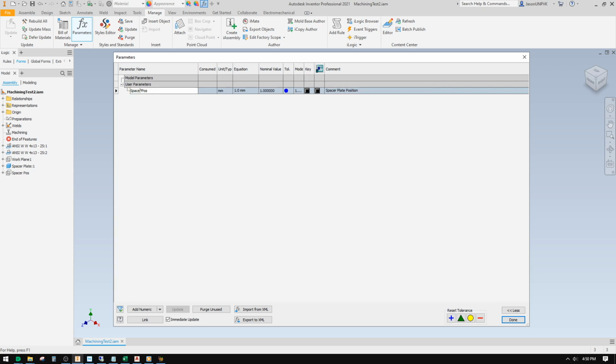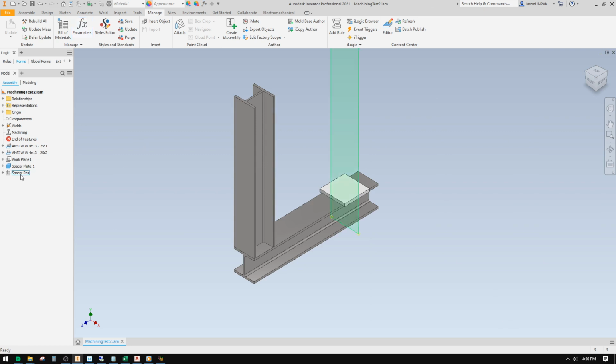I'll go ahead and type in, no spaces, spacer plate position. I'm going to type in the 120 millimeters that I originally defined in that plane. I'm going to copy this name, Control C to copy, and click Done. I'm going to go back to the plane, right click, edit dimension, and paste that spacer plate position in there,